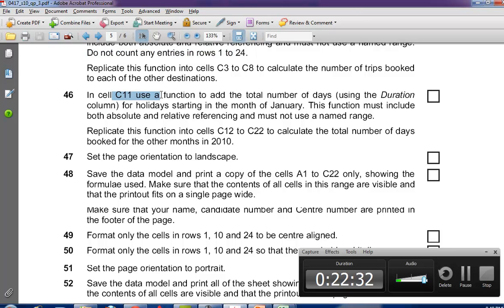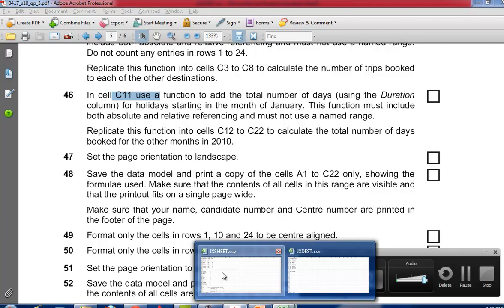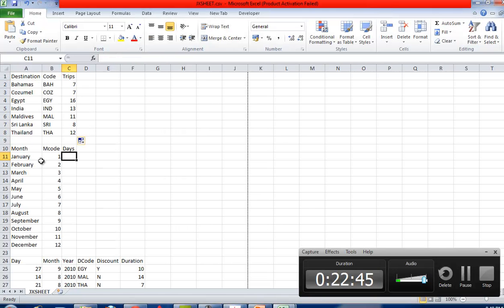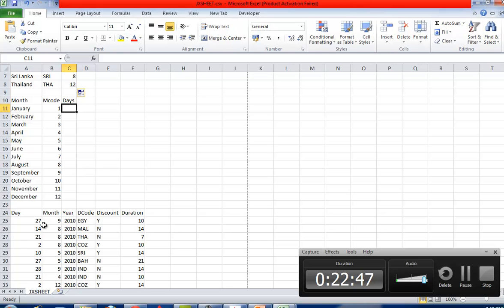In cell C11, use the function to add the total number of days using the duration column for the holidays starting in the month of January. This function must include the month of January. Replicate the function. So over here, we have to find those starting in January. I have the month codes over here, you can see, and I have to find